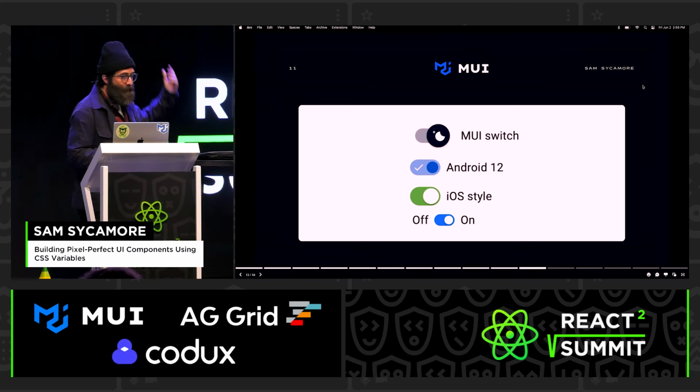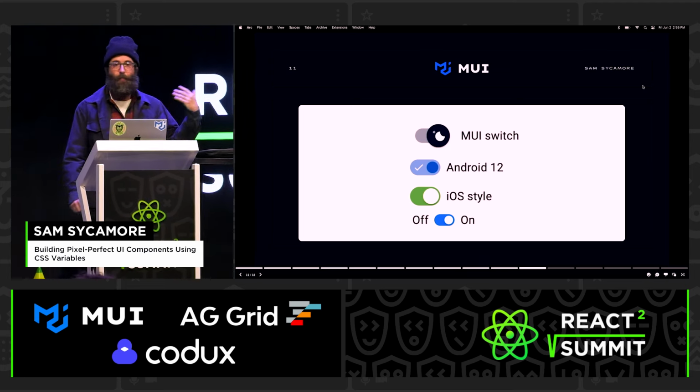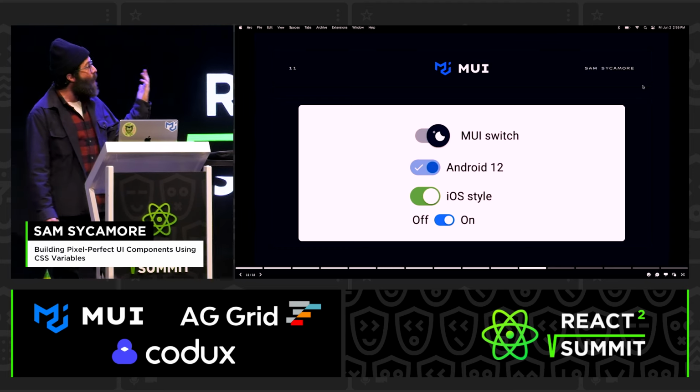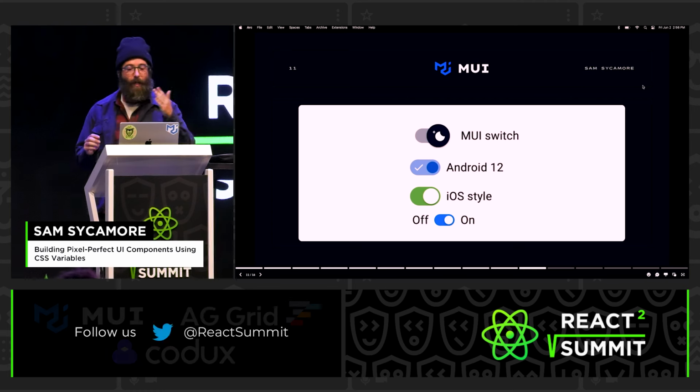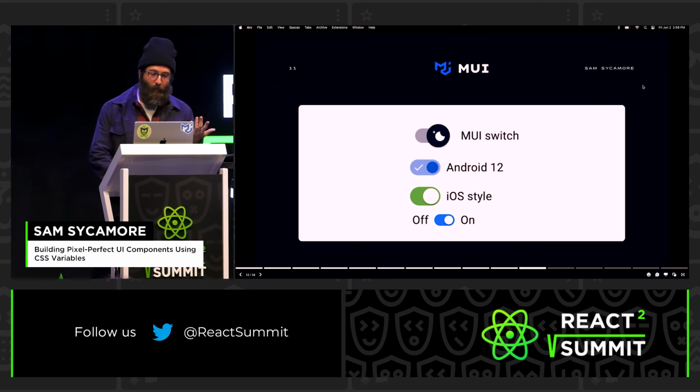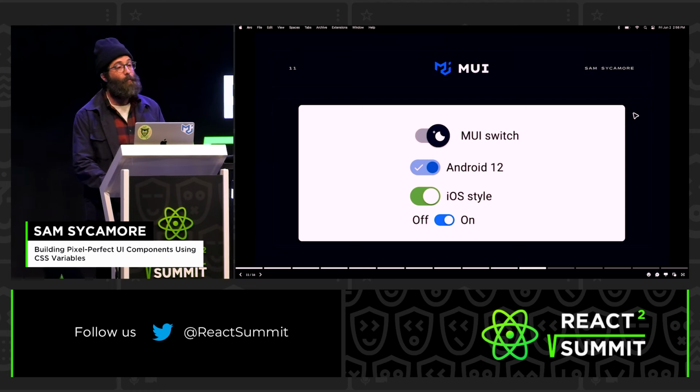Let's consider a switch component and observe the differences in developer experience between Material UI and Joy UI. So here are some examples of some switches. These are all Material UI switches. A switch is obviously a simple on and off toggle. It's composed of a track and a thumb. So the user clicks the thumb to slide it across the track and make their selection. It's pretty simple on the surface, but it can get quite annoying when you need to make pixel-perfect adjustments to